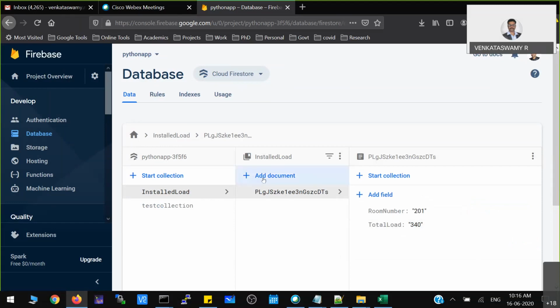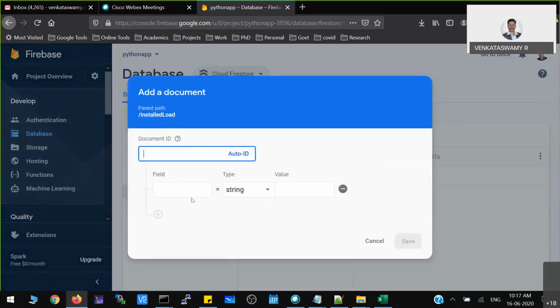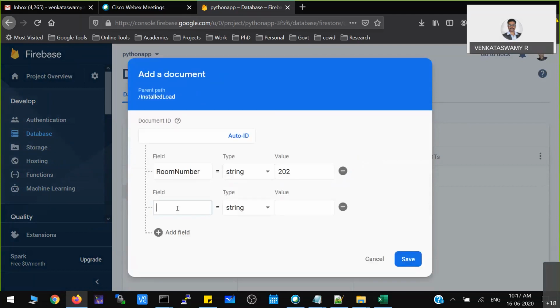Now in the same way, you can add one more document. Okay, so I am just adding one more document with a different room number. Okay, so room number 202. You can add one more here itself, total load. Total load is say 350, because one lamp is extra, what we are assuming here.